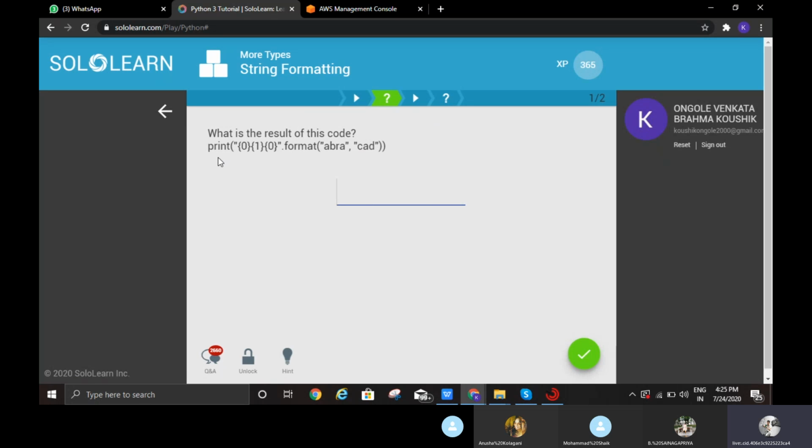What is the result of this code? Print "{0}{1}{0}".format("abra", "cad"). Index values 0, 1, 0. So abra, cad, abra.